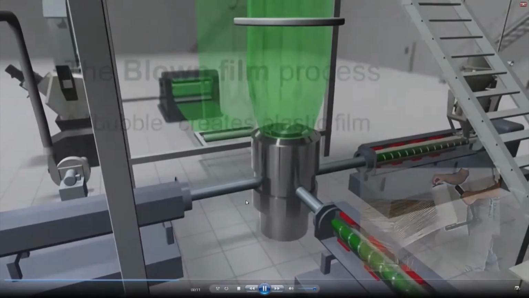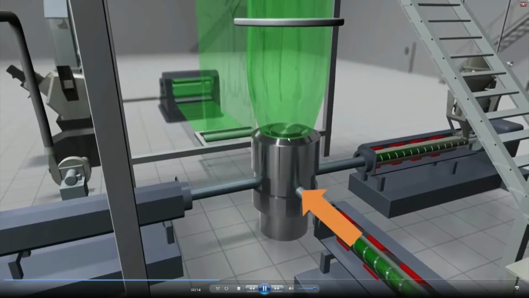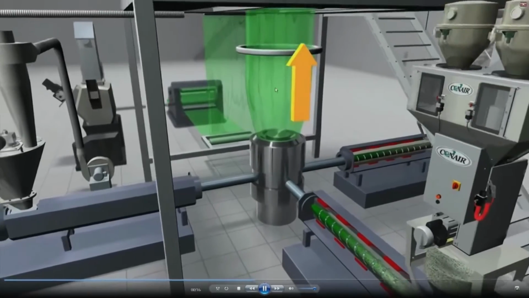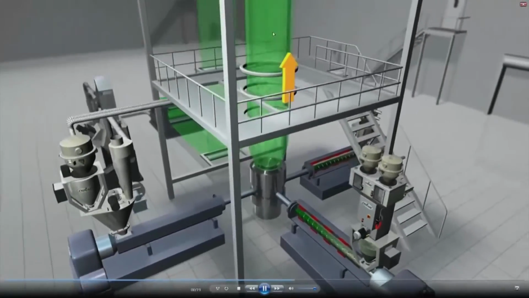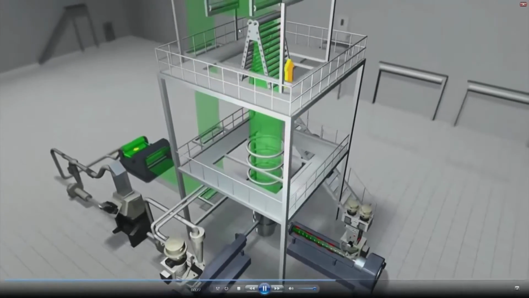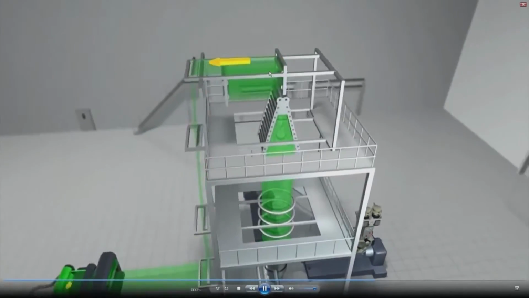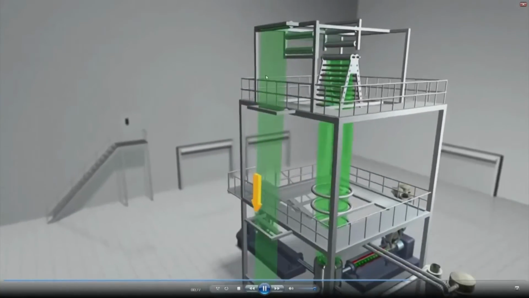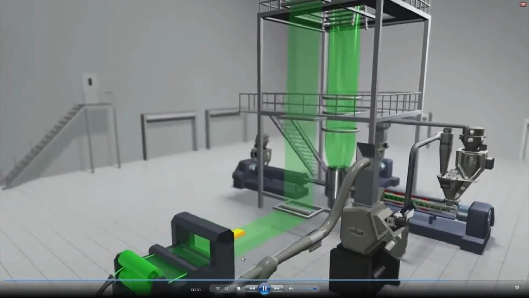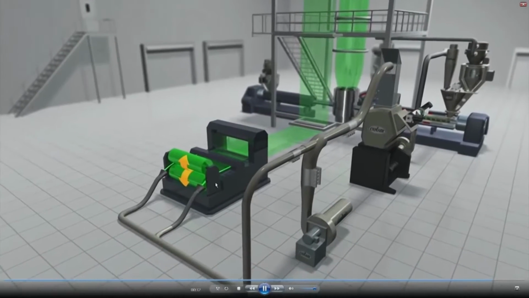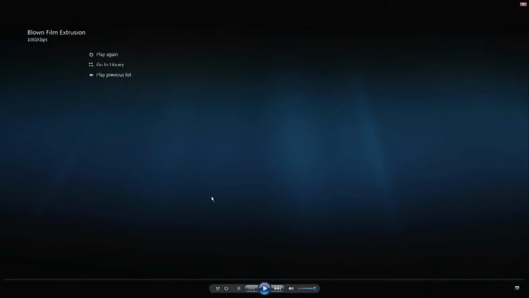So this is the blown film process. Here you can see, here is the die arrangement through which the pressurized air is forced and this bubble is getting created. So you can see this is the bubble and these are the collapsing plates. Through the collapsing plates, the bubble collapses into the form of a sheet, and this is a lay flat that is moving down and finally getting collected here in the form of the final product. So in this case, the bubble is created with the help of pressurized air and then it is collapsed, and after collapsing the lay flat is formed and we can make plastic bags using the blown film extrusion process.